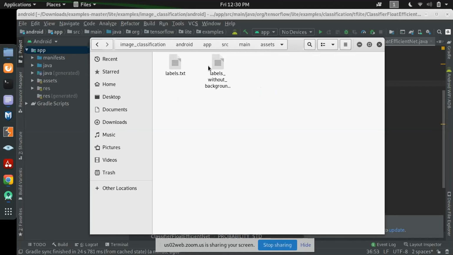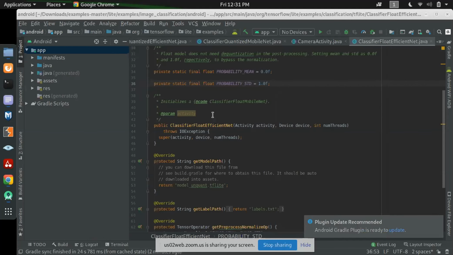assets. There are already two folders in the assets folder. So we have to delete all this. Don't worry about them. Delete this. After deleting, you have to paste the models here. The model.tflite file and model_unquant.tflite file and labels.txt file should be placed in the assets folder. Please remember the location. Okay. After placing, we can go for the Android part.